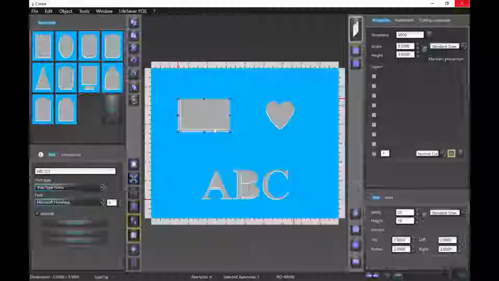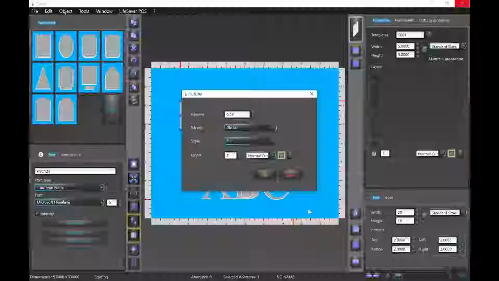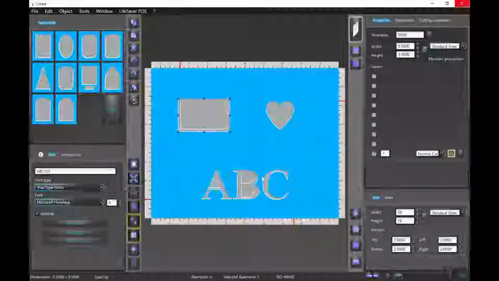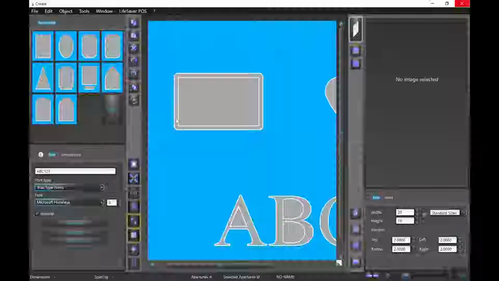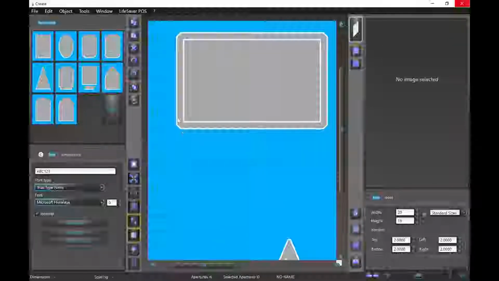I'm going to go ahead and delete that object. We're going to click back onto the main rectangle, and we're going to come into the Insert Contour option again. This time, I'm going to leave everything the same with the exception of the style. Now, this time I'm going to choose square, put it on layer 1, normal cut, 40 degree. Click OK. And then when I click off of it, you can see that I have squared off corners or